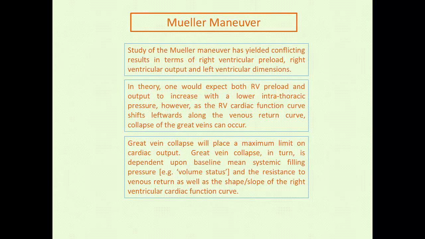And what this next slide is going to show you is just critically important to understand when you're at the bedside of a patient in the intensive care unit, because you will see patients with all kinds of volume status and all different kinds of right ventricular function, and these are really the two mediators of how decreases in intrathoracic pressure can affect right ventricular output. This great vein collapse is dependent upon the baseline mean systemic filling pressure, for example, the patient's volume status, as well as the resistance to venous return, and the slope of the right ventricular cardiac function curve, which is